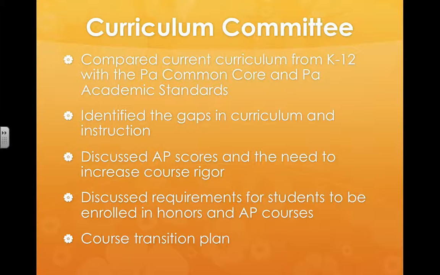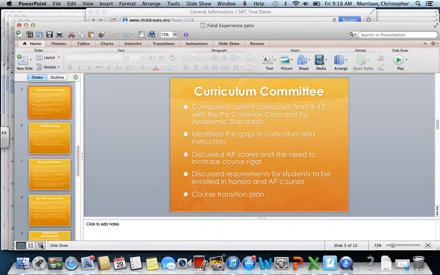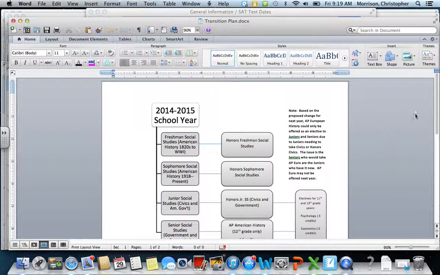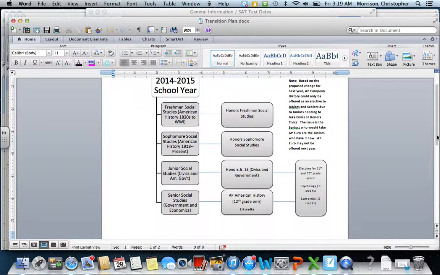Now, as part of the curriculum committee, I also created a course transition plan for this school year into next school year. So I'll take you to this and I'll show you exactly what I created. Currently, this is how our courses are set up with our 4 years of high school. And what we need to do is to move the senior social studies class, which is the government economics, down to the junior year. And so what I created was a transition plan, because the director of education wants to begin implementing the changes next year during the